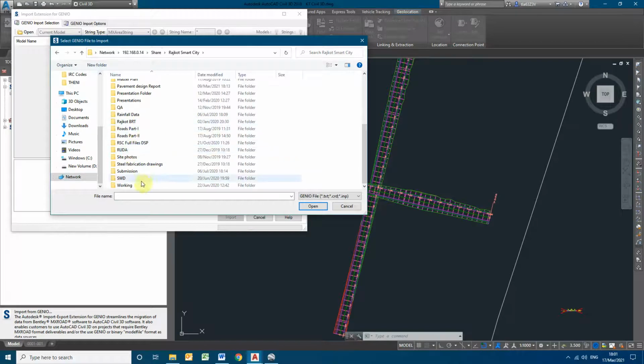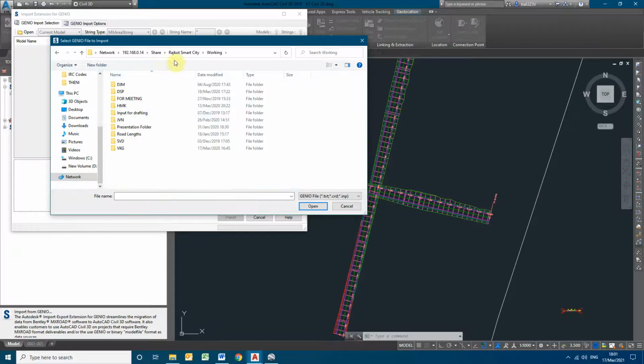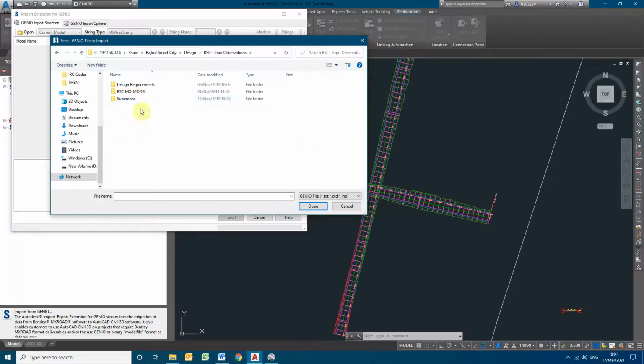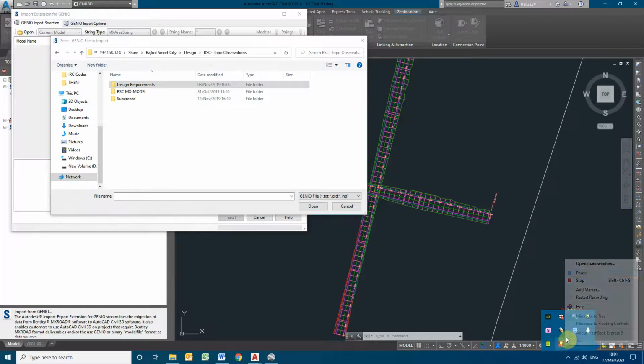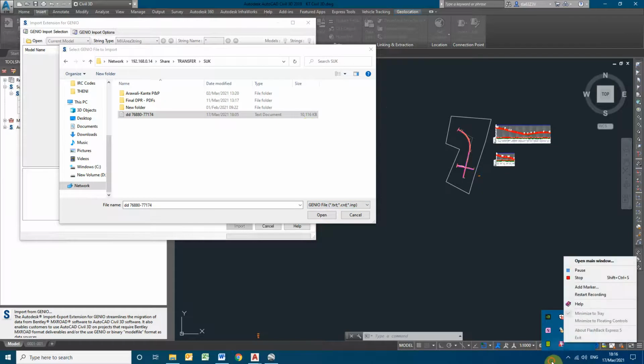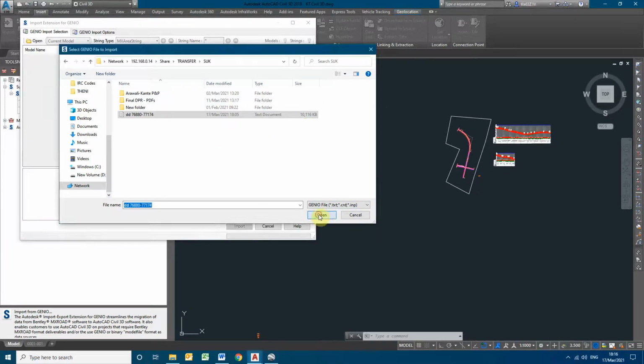I'm trying to import some files that are ready with us. So I'm importing the Genio text file here.